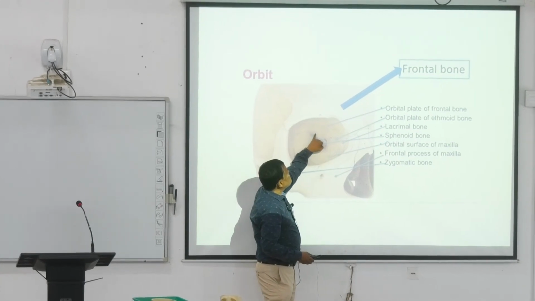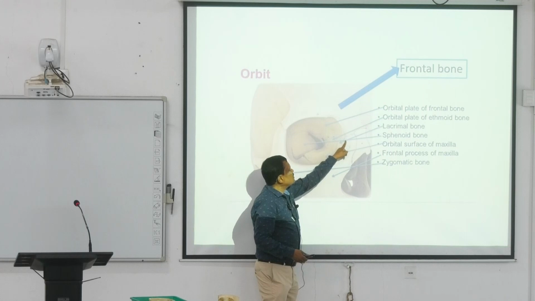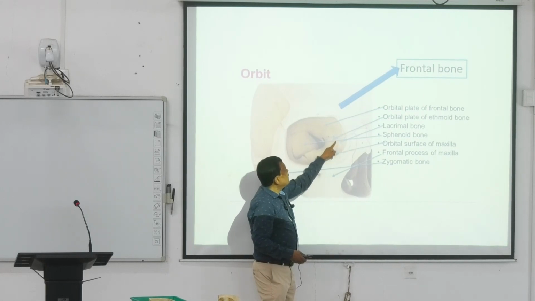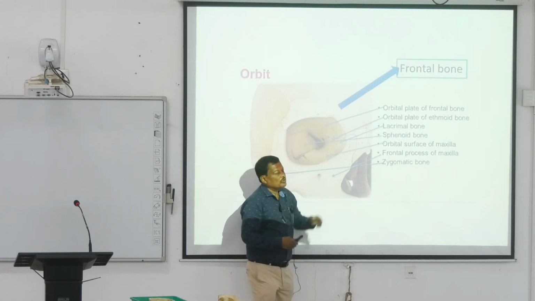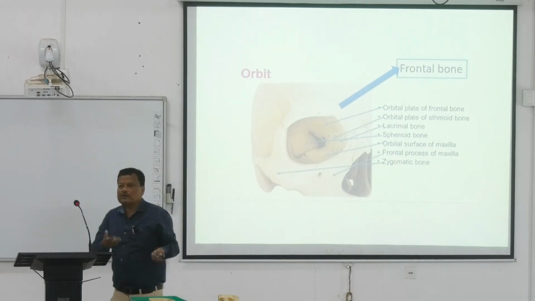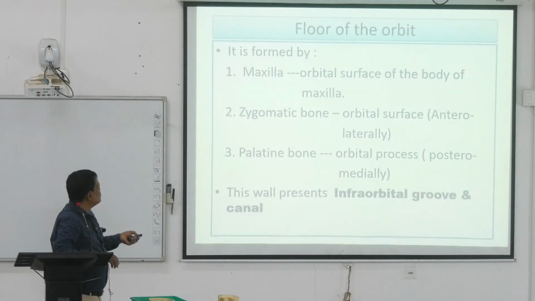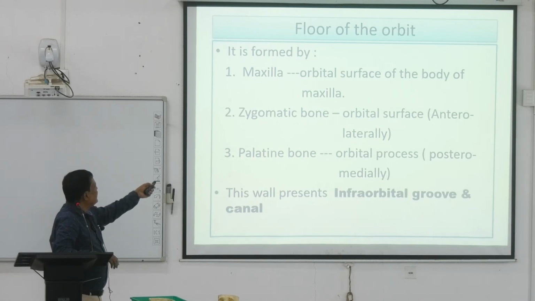আর এই জায়গাটা হচ্ছে লেসার উইং অফ দ্য স্ফেনয়েড বোন। এটা হচ্ছে মিডিয়াল ওয়ান, ফ্রন্টাল প্রসেস অফ দ্য ম্যাক্সিলা, ল্যাক্রিমাল বোন, ইথময়েড বোন, আর এই জায়গাটা হচ্ছে বডি অফ দ্য স্ফেনয়েড বোন। কঠিন মনে হচ্ছে, কিন্তু বারবার দু একবার দেখলে পরে মনে থাকবে। আরেকটা ছবি আছে তোমাদের বিশ্রাম সিংয়ের ছবিটা, খুব সুন্দর, এগুলি সব বইতে আছে। ফ্লোর ফর্ম বাই দ্য ম্যাক্সিলা, জাইগোমেটিক